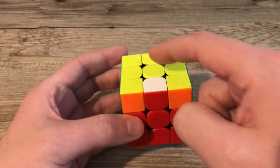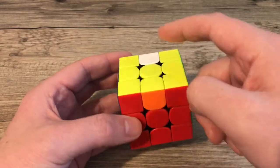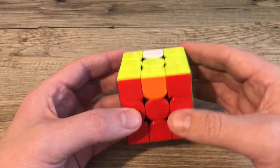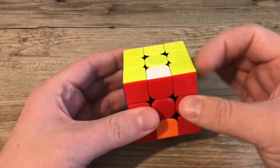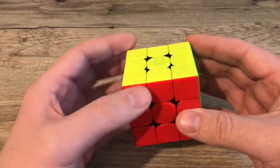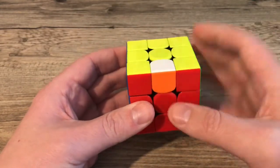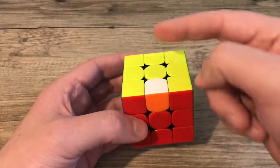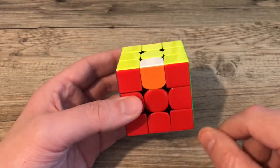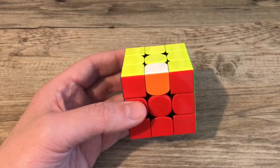And what that will do is it will cycle this piece from here to the back. It will cycle the back piece to here, and it will cycle this piece to here. So if you keep doing it, obviously you'll end up in a solved state again. But you can also go this move first, and that will put them the same way, except this piece stays frozen rather than the back piece stays frozen. So this is the base of my new U Perm,